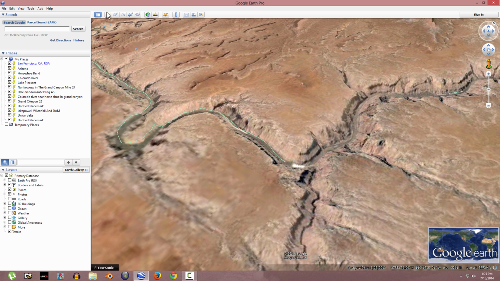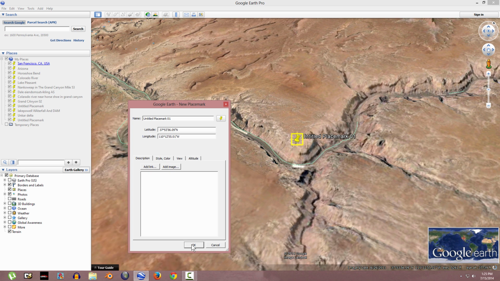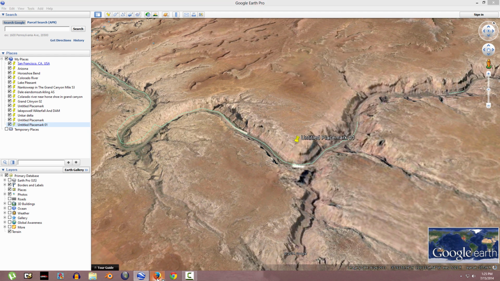And then in here you see there is an add placemark. Just click on add placemark and name it whatever you want. Suppose I will name it title 01, and then click OK. After you have finalized and made a placemark in here, what you will have to do is go to Firefox,